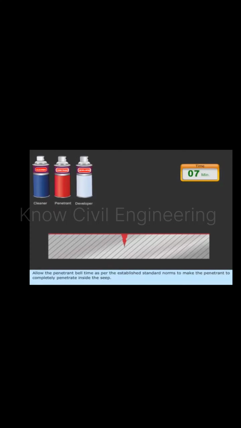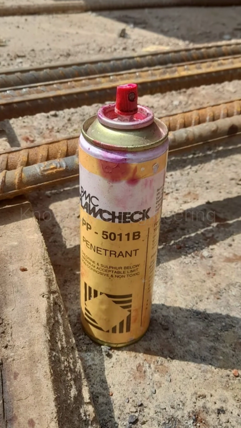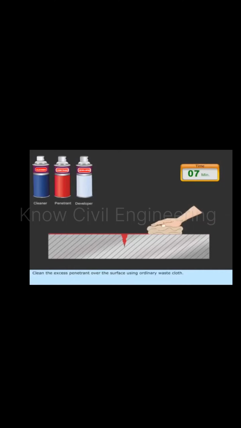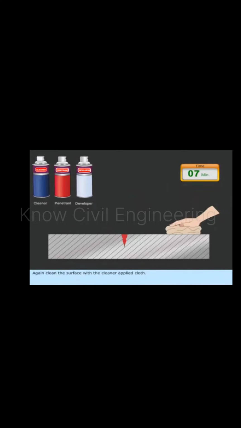That certain time period is called dwell time, which is different for different chemicals or materials, etc. The penetrant manufacturer generally mentions this dwell period on the product itself. Now, after the recommended dwell period, we are supposed to remove all the penetrant applied on the surface except that which has entered into the flaws.